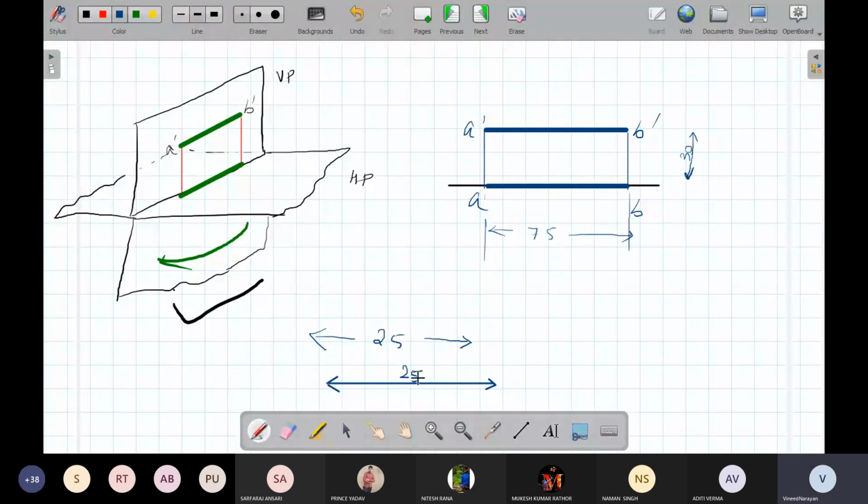So you have to write everywhere above that line, otherwise it may confuse, like 6, 9. This may confuse when you write on a vertical line like this. Let's say this is my vertical line. If you read from this direction, it is 69, but